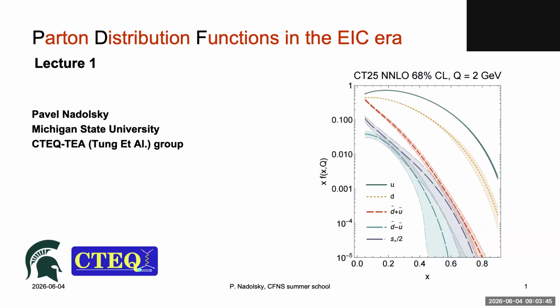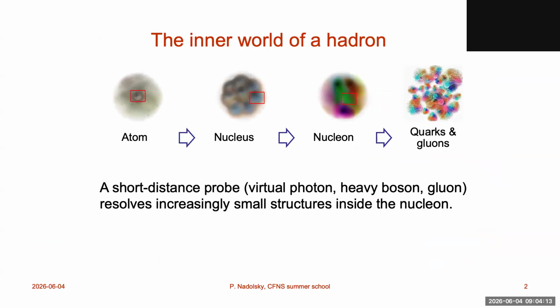And as Alexei said, today we'll start talking about QCD theory, and I will start with the simplest non-perturbative functions, in quotes, which are collinear parton distribution functions. I was asked to specifically focus on the aspects that will be relevant for precisely measuring the hadron structure at the electron-ion collider. And so maybe the first thing I would like to emphasize is that